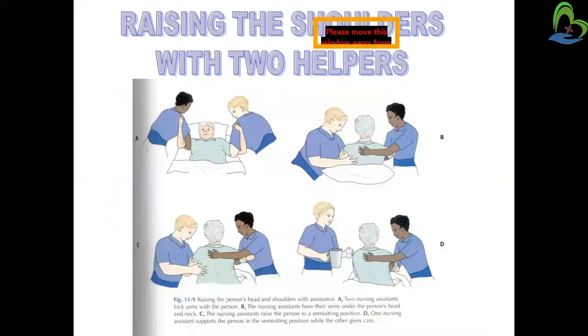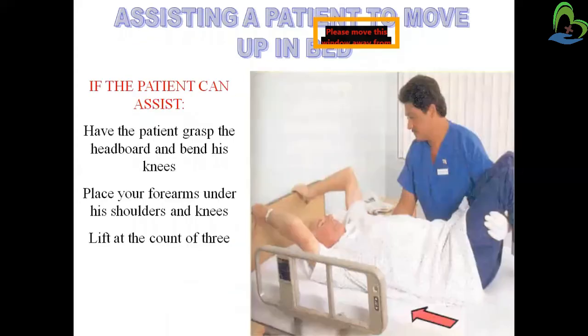Next, that is raising the shoulder with two helpers. So how can two assistants help the patient rise from the bed? If the person has a heavy body or heavy weight, then in that case two assistants can help with raising. Same as the previous slide, from the back, one hand should be placed under the person's back area and the other hand for the shoulder raising. So in that case we can raise the patient easily in the bed. So these are all assisted devices.